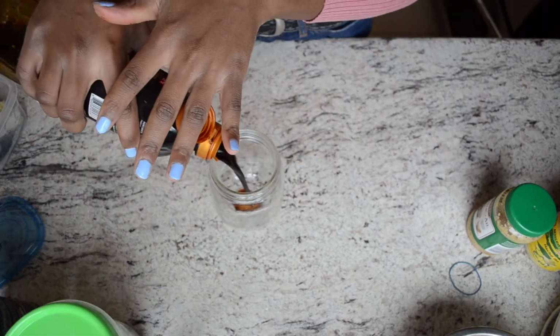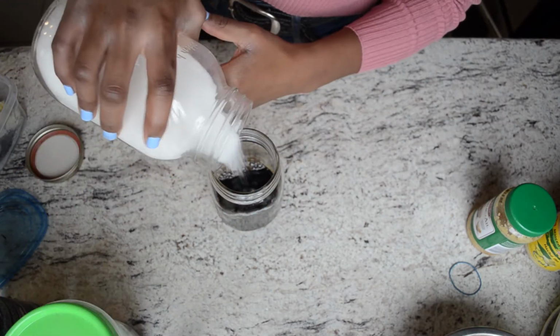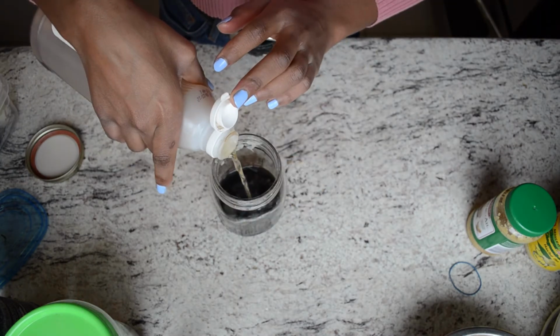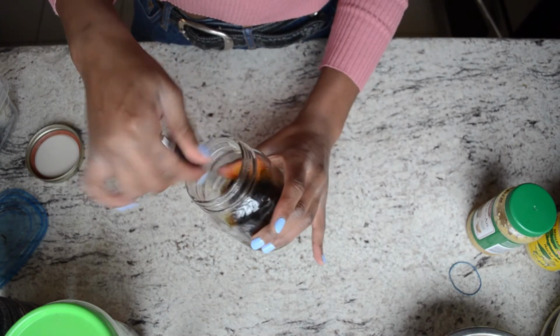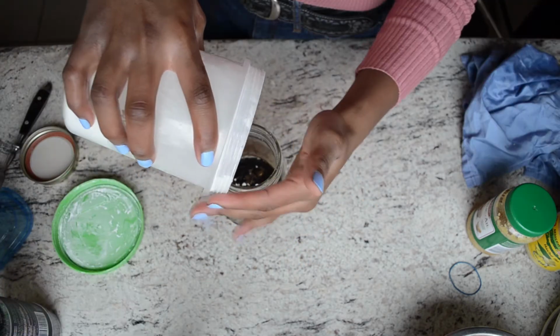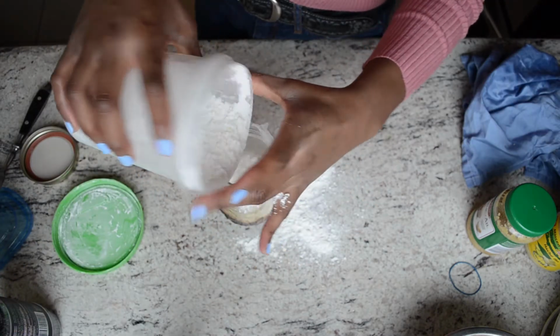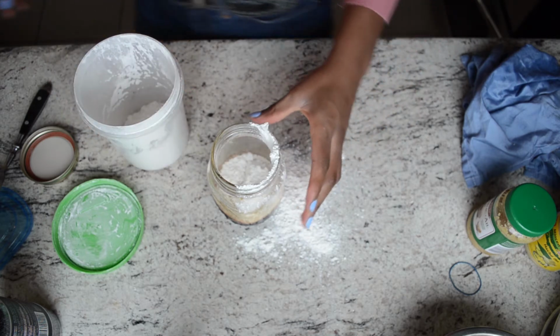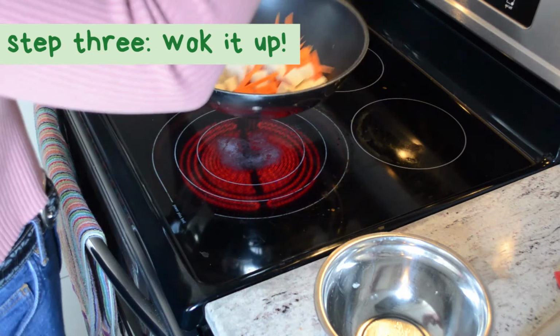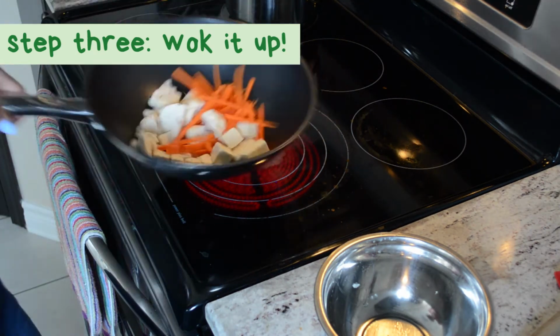So for my sauce, I'm first starting off with adding quite a bit of soy sauce, some sugar, and lots of lime. I didn't have enough, but you should have way more. Some vinegar also, and I just stir it up and taste, and stir it up and taste and adjust. And then I tried adding some cornstarch and I had a huge mess that I had to clean up, so don't do that. But when you're ready, you make sure that you heat up your wok, add some oil, and